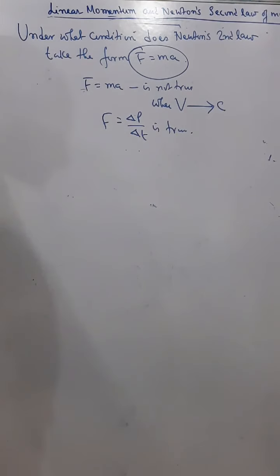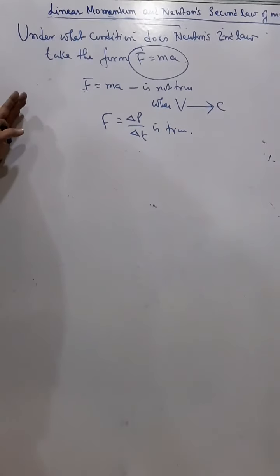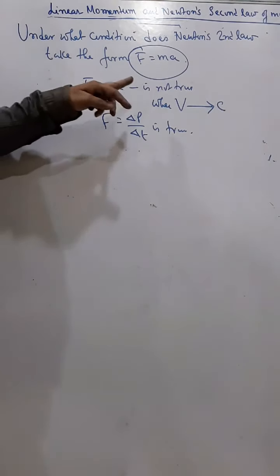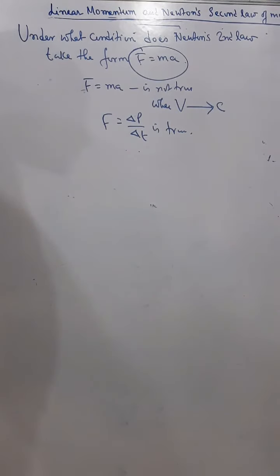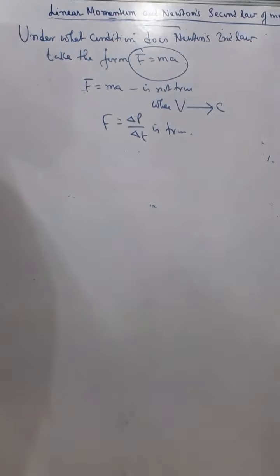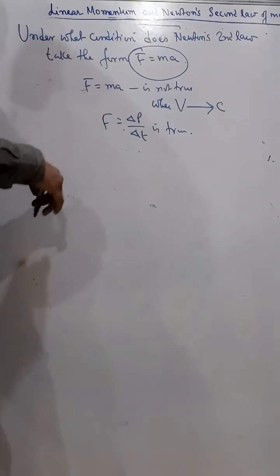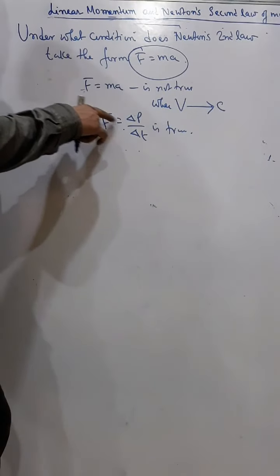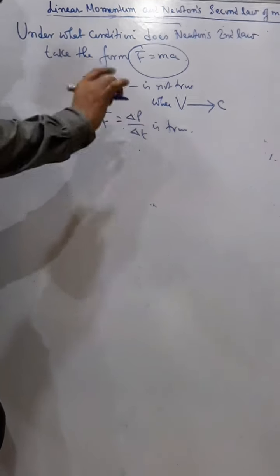Understand what I am telling? But in the previous case it was true, because in the previous case the velocity was much less than the velocity of light, and therefore mass is constant, and since mass is constant we got that form F equals ma. But here mass is not constant, mass may change, the velocity may also change. So change in momentum does not mean only change in velocity, change in momentum may also mean the change in mass. Now if mass changes, then mass will not come out, as we have done in the previous case. Now if mass does not come out, it will never take the form F equals ma. So finally the conclusion is